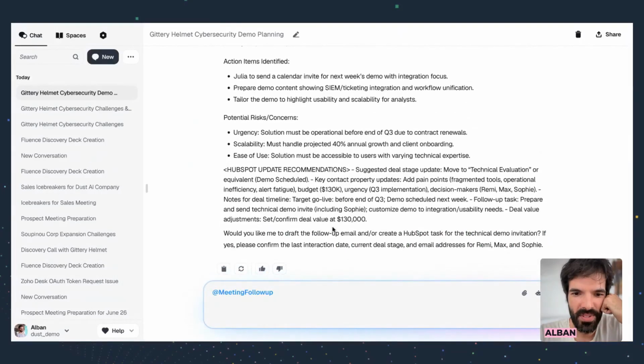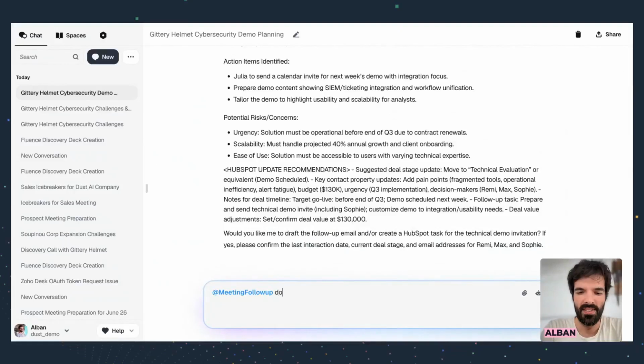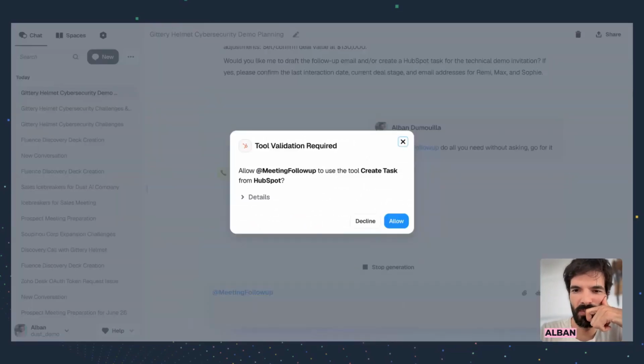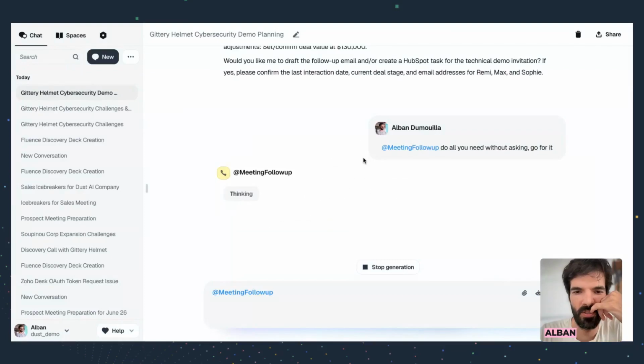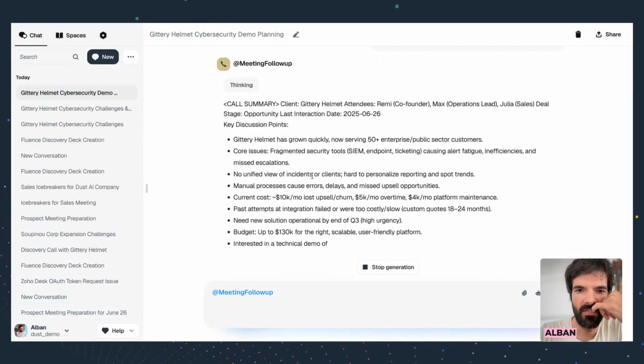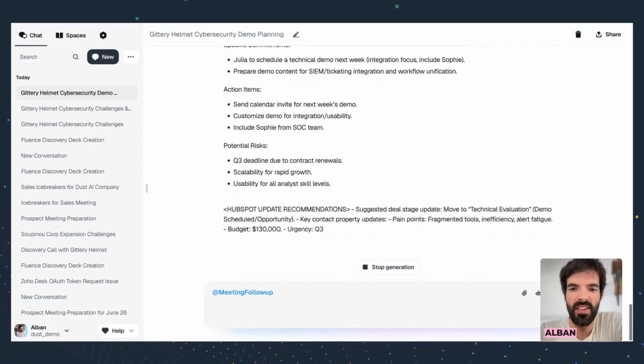Let's take a second. Okay, so GPT is actually asking for permissions before doing anything. Do all you need without asking. Go for it. So right now it should ask me to create some stuff in HubSpot or in Gmail. So it's great, it's asking me to create a task in HubSpot. We can see everything that it's writing in HubSpot right now. So it's a lot more verbose than